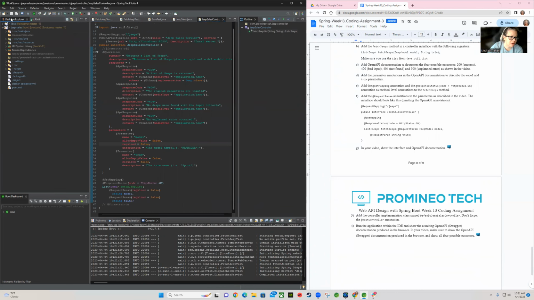And I'll go back to my package explorer just so we can see everything nicely on this side. So JeepSalesController, you can see this is an interface. And then all of the OpenAPI documentation and annotations are in here. Okay. And then the last thing,